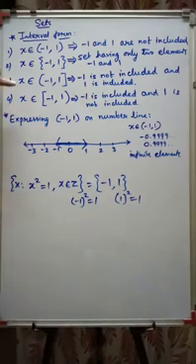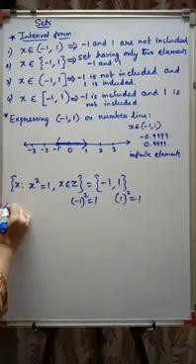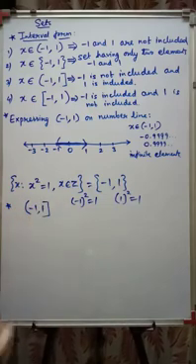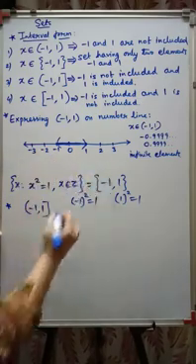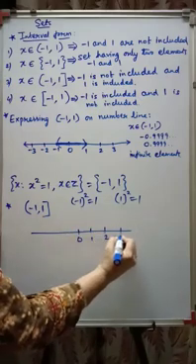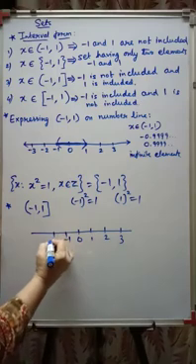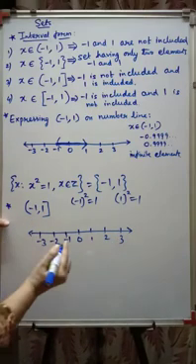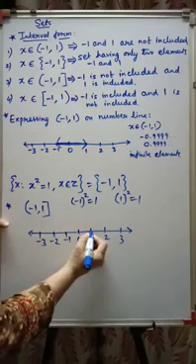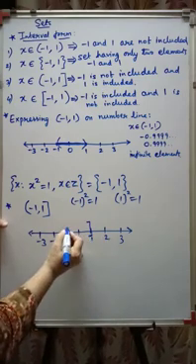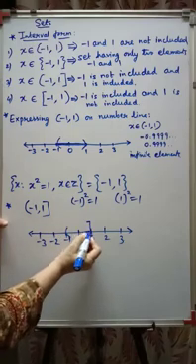Now what do you mean by the third bracket? For the third bracket, if I say open -1 and close 1, it means -1 is not included and 1 is included. Again, the same number line we can construct. It's 0, 1, 2, 3, -1, -2, -3. Where is -1? Here, and 1 is here. So 1 is included, so this is a complete bracket, and -1 is not included. So you have to show it like this.